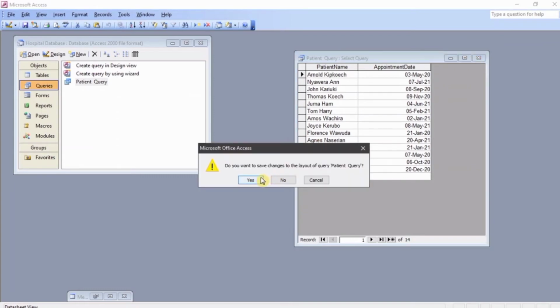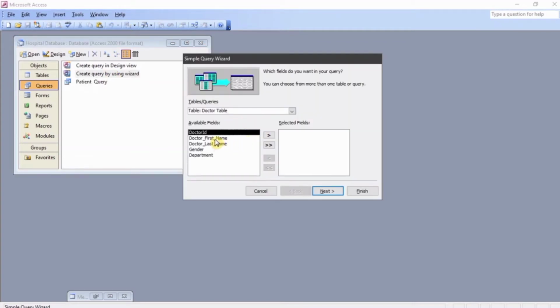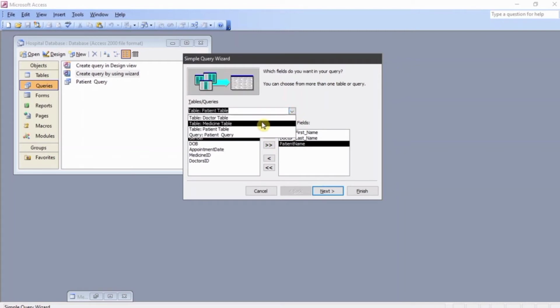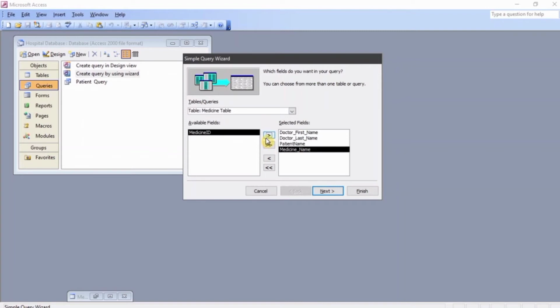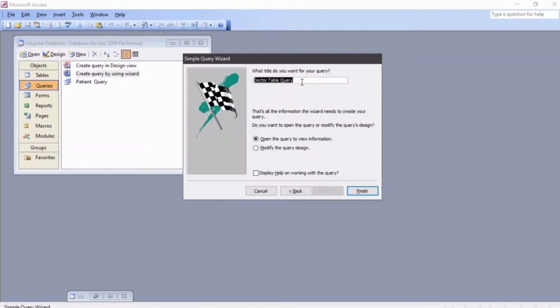Let's create another query where we link several tables, maybe the three of them. Now we are going to come back to this query wizard, and we are going to select a doctor's first name and maybe doctor's last name, and then we are going to come to this table called patient table and maybe pick a patient name, and then we come to medicine table and we pick medicine name. Now we have data from the three tables, and now you're going to go to next, and you're going to say maybe combined query,